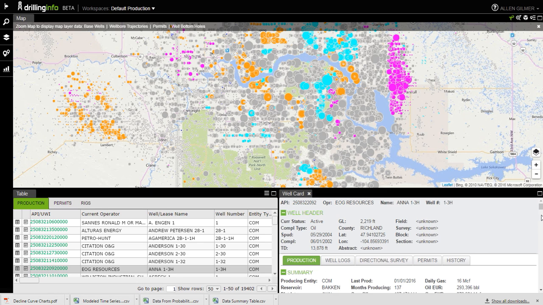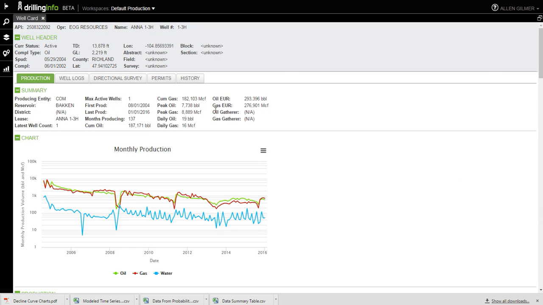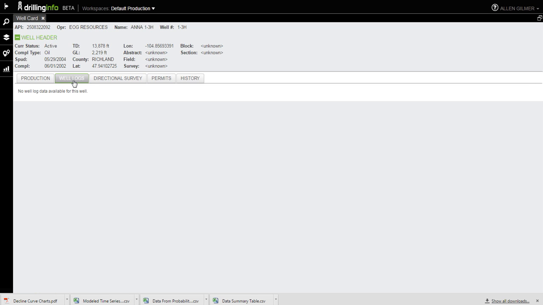It's kind of a well file table. And so in this case right over here is the well header, the name of the well and what have you, the production. Let me just come over here and maximize that. So it shows you quick production, any well logs if we've got them. A little too early for the directional surveys, I'm afraid, in this case, but